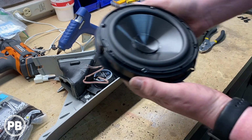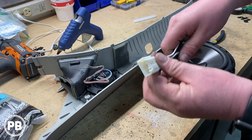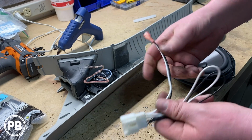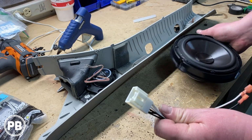Okay, so there's your speaker all ready to go. Last thing we want to talk about is our adapter here. These ends simply just go ahead and plug on in. If you're running just a coaxial speaker and not a component set, these are plug and play. You just put these on the terminals there in the back of the speaker, and this plugs into the factory